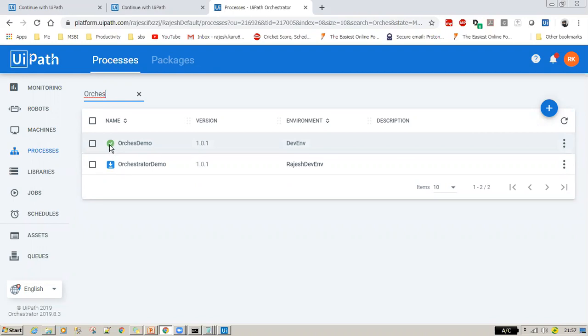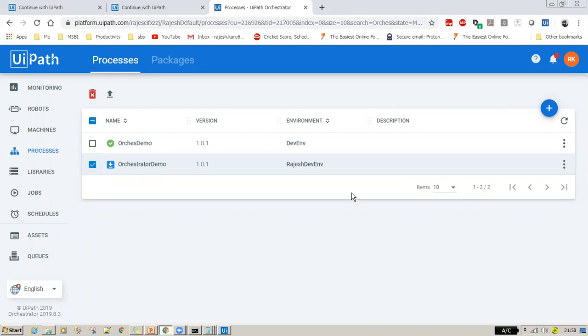Whenever it is there, that means this orchestrator is using the most active version of your Studio. When you see this blue little down-pointing arrow, that means newer versions, updates, are available, right? So select this and go to view process.